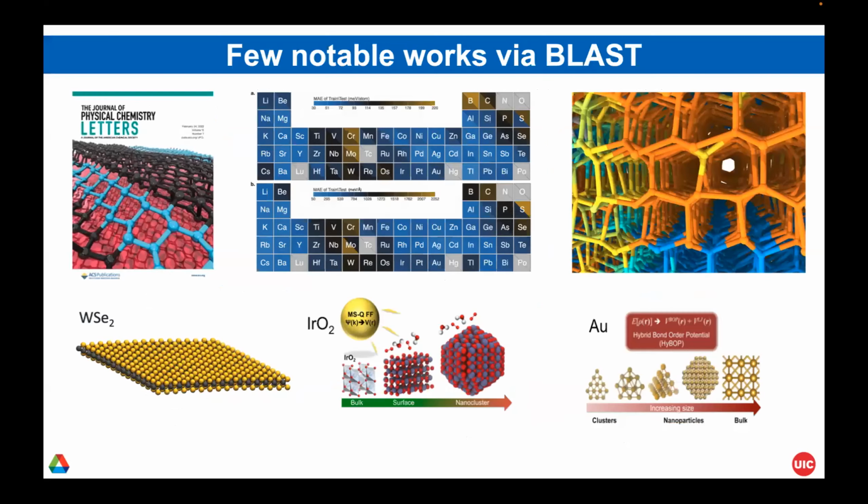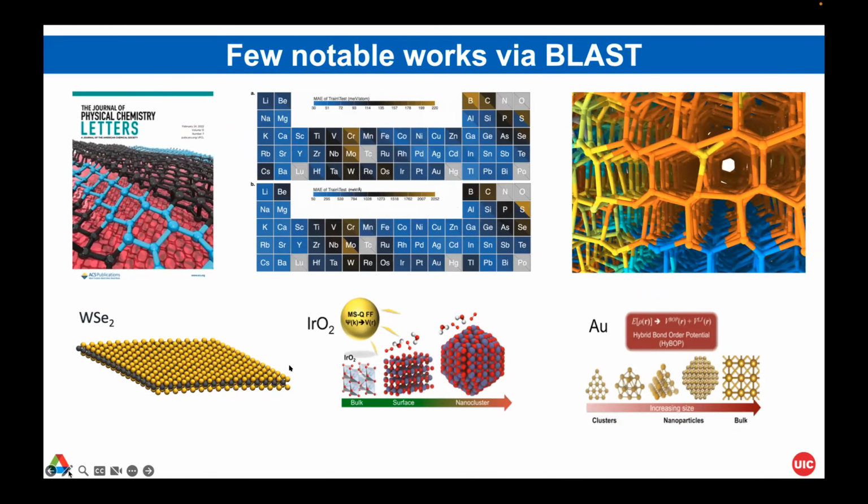Apart from this, these are a few notable works on the 2D phosphorene case, which I was mentioning, and these are about 54 elements across the periodic table fit for clusters. About 70,000 configurations were in this. You could look at the error bar and see most of them have very good accuracies. And one could study the nucleation of ice, which was shown in the beginning, and tests of parameterization